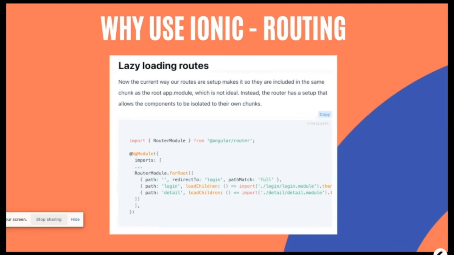Next is routing. With Cordova, you just get HTML, JavaScript, CSS. You don't get routes as such. You get a single page, and then you have to do all your stuff inside that single page. Whereas in Ionic, you get routes. So you can have a login route, a detail route, authenticated routes, stuff like that. And each route can also be lazy loaded, in the sense that it will be added into memory and executed only when it's going to be activated.